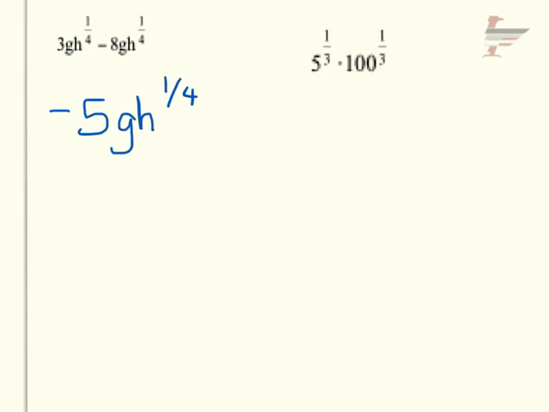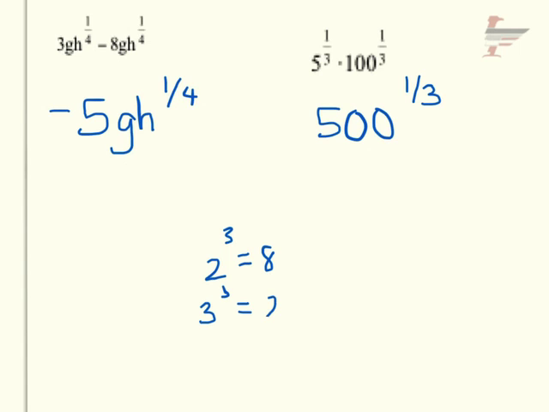And the last one, you have 5 to the 1/3 times 100 to the 1/3. So they are both to the same exponent of 1/3. So I can multiply that together and make it 500 to the 1/3. And then I'm thinking perfect thirds, so 2 cubed is 8, 3 cubed is 27, 4 cubed is 64, 5 cubed is 125,